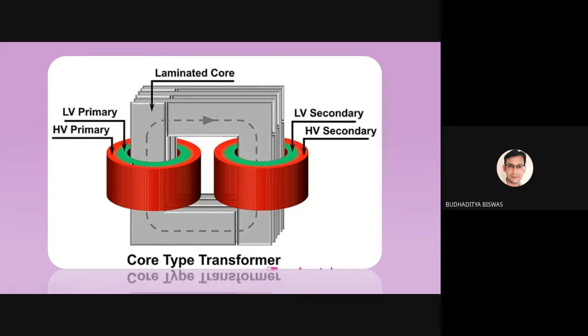And as the wires used to form the windings are also insulated with varnish, if two wires touch each other, they are still electrically insulated. It's not that they are connected. They are completely electrically isolated. So here you see the primary high voltage winding and low voltage winding are joined together physically, but they are actually isolated from each other.